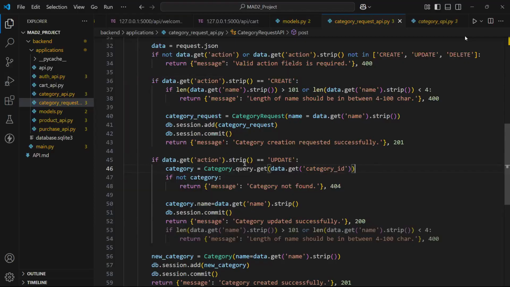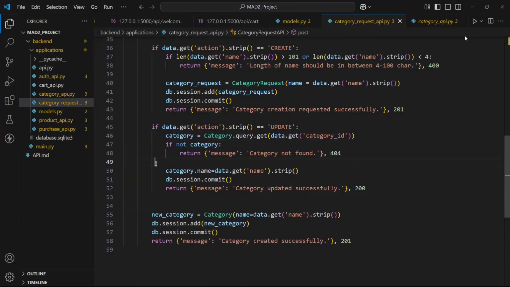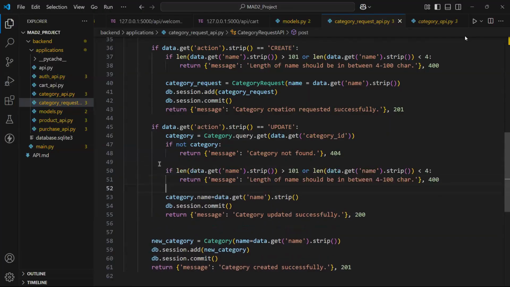So here we will first filter the category ID. If the category ID is there, then fine. Otherwise, we'll say category not found. And if it's there, then here also we can put this verification line. So if the category is there, then we again check the data if it's as per the standard, and then